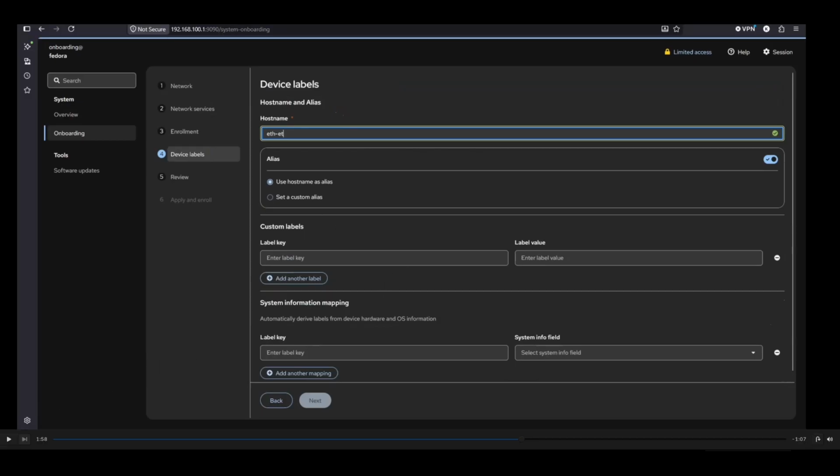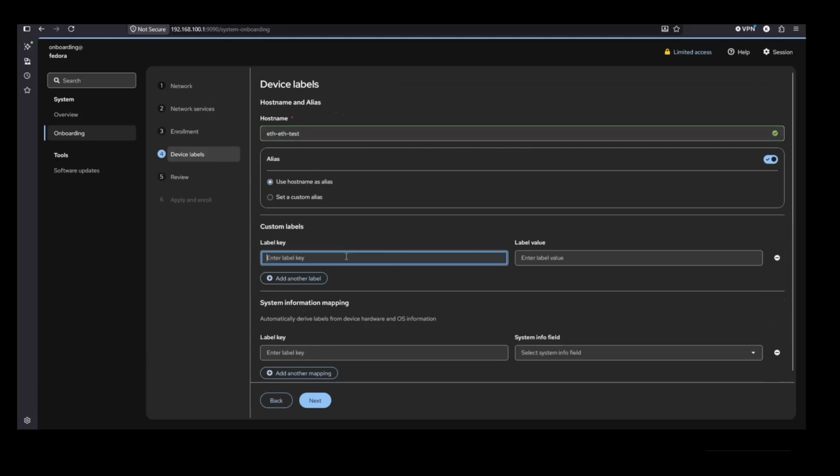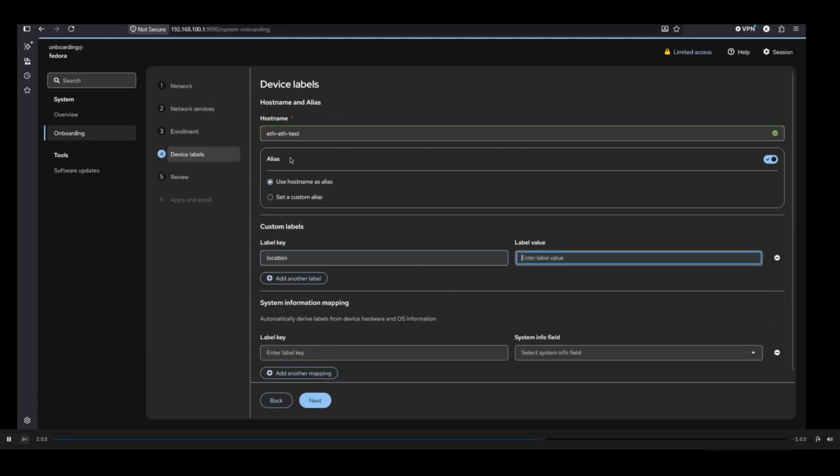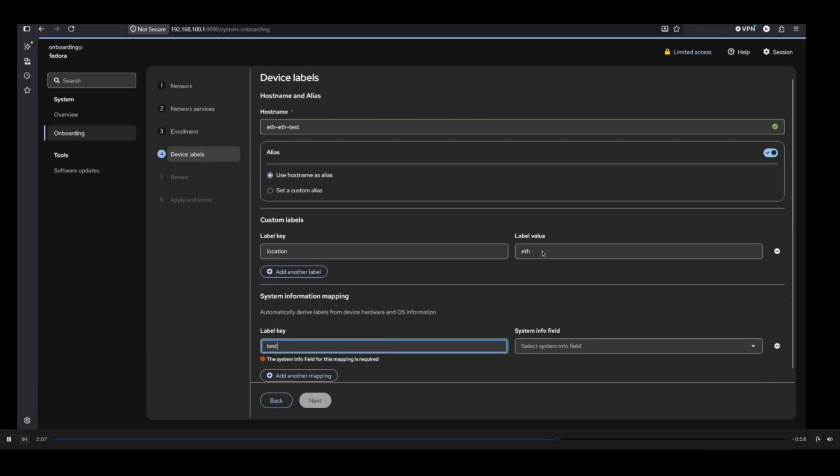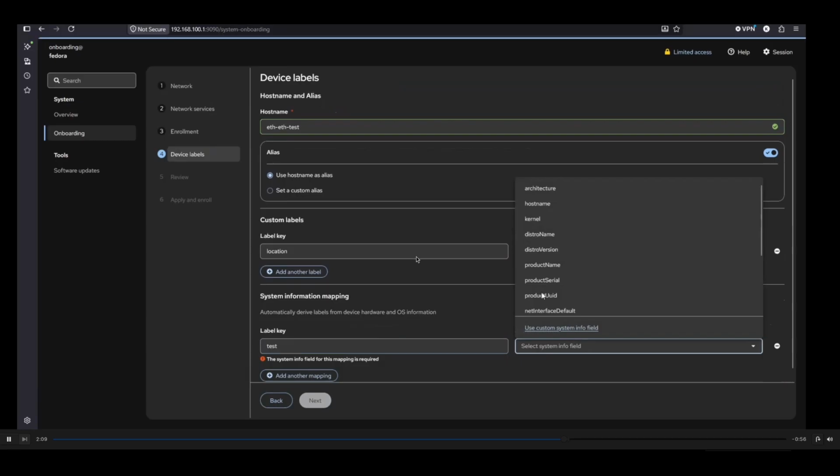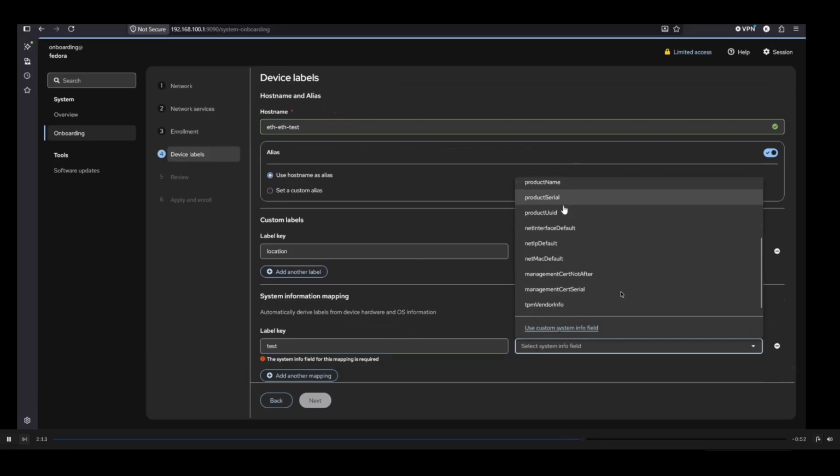We just make it simple to add the labels. In this case, I'm just making the host name and using the host name as the alias, adding a simple location label, and then promoting a system info field to